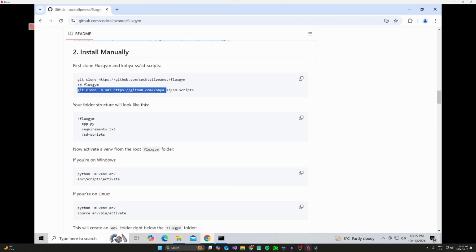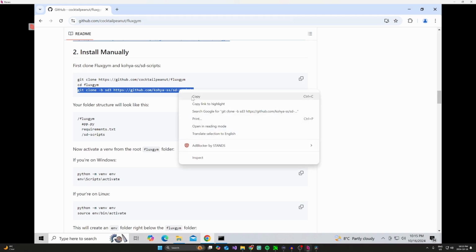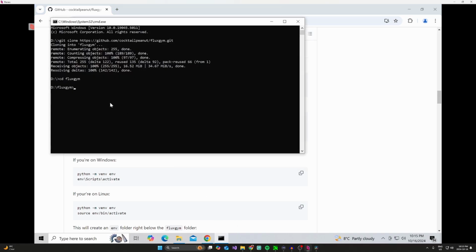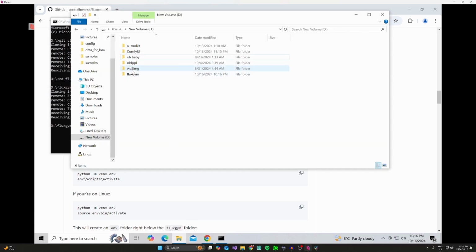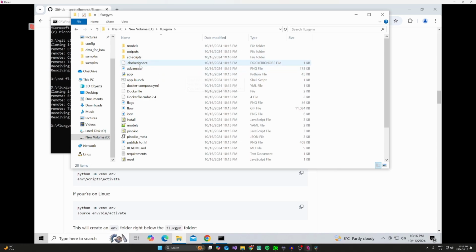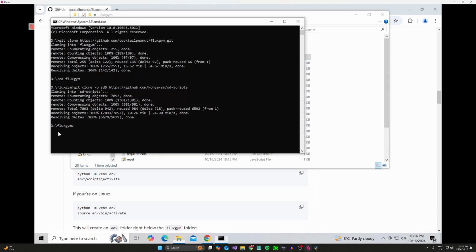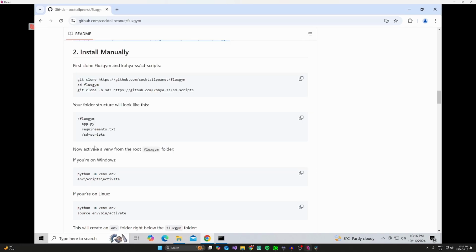Alright, so the next thing we want to get is this one right here. We want to right-click, go ahead and copy, and then we just want to go ahead and paste it in there and hit enter. And once that's all installed, we should have now FLUXGYM directory with SD scripts. All right, so now that we got that, we want to go into the SD scripts. So cd sd-scripts. And then once we're in there, it tells us our next step now is to